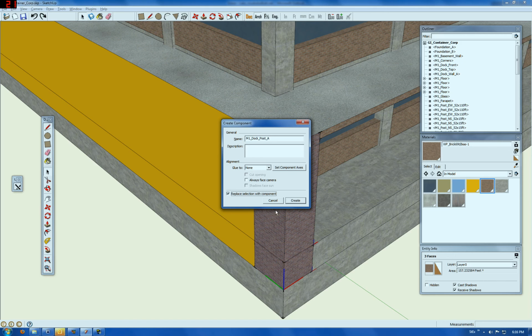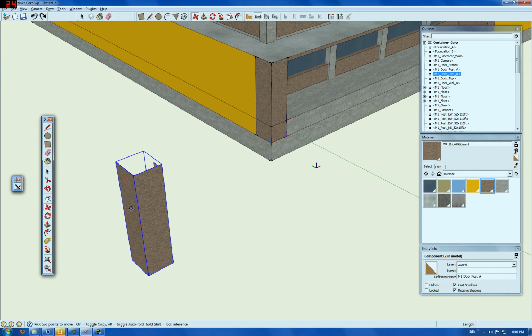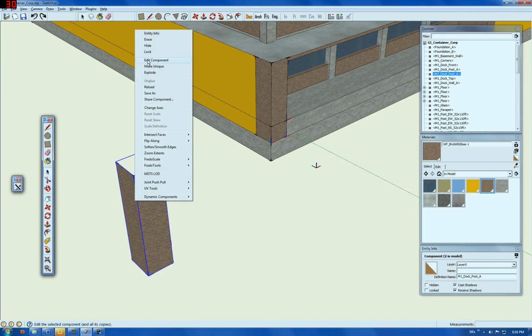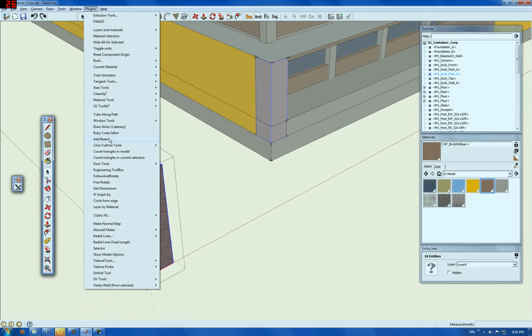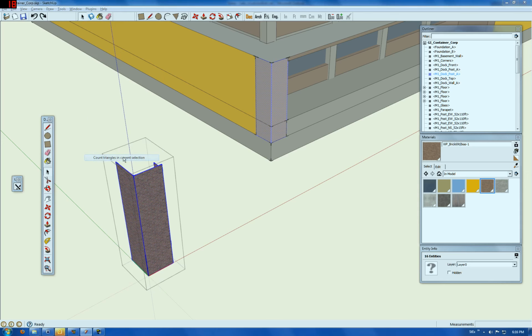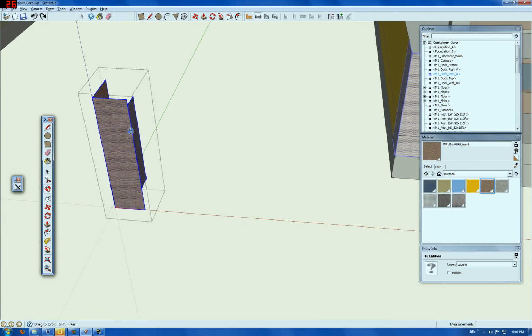I'm going to pull that out so you can see what it looks like in its current configuration. So it comes out, and if I open this up and do a count of polys here, my little poly counter says it's got 9 polys. And the reason for that is